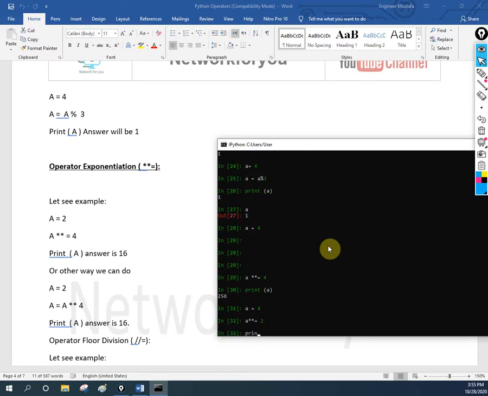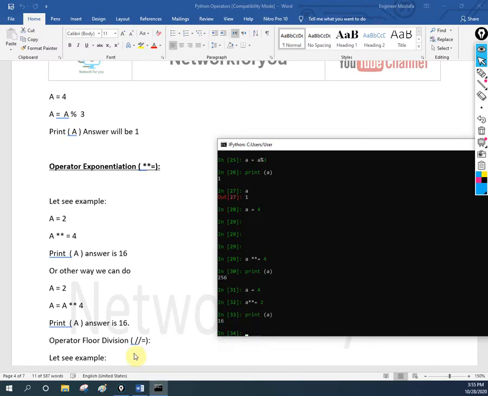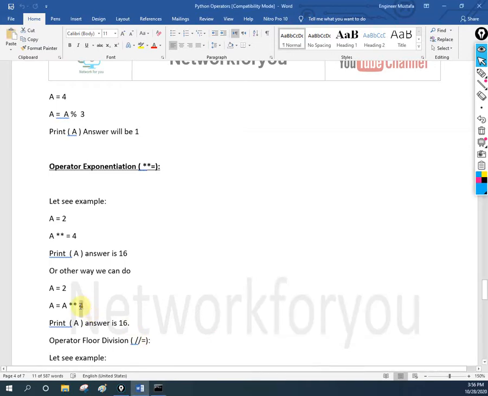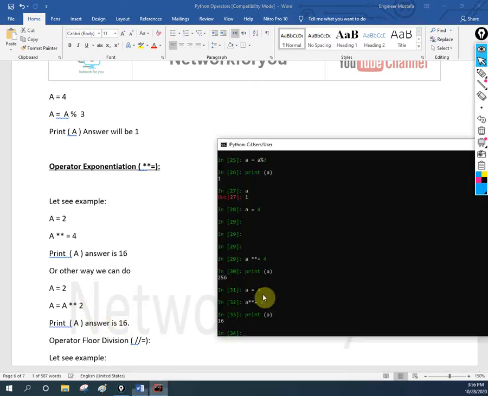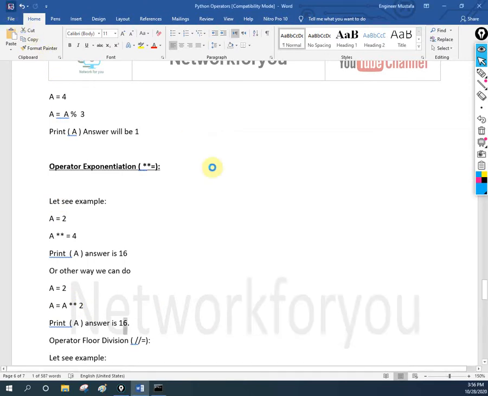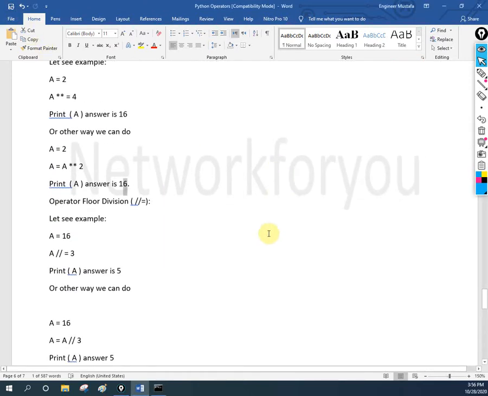Then print of a. So we have 16. So this one I wrote 16. So this should be 2. Okay, this should be 2, or if I want to write 4, this should be a different value. Just now as we check, if I write 4, then the answer should be 256, or if I want to get the answer as 16, then this should be 2. So I corrected it here. Okay, so this one is okay, and then we will go for another topic.